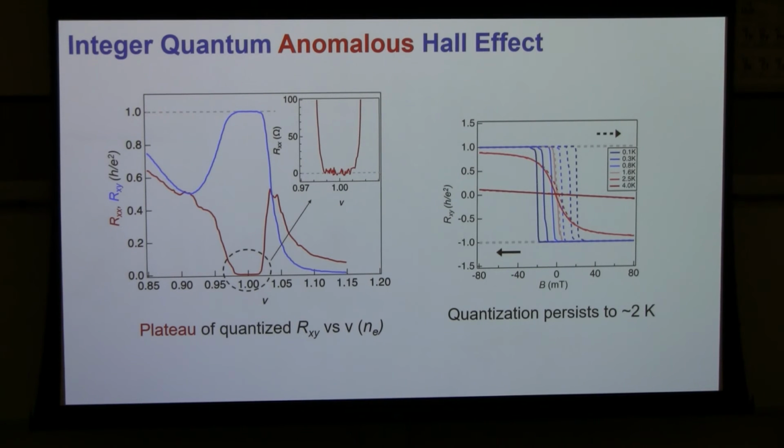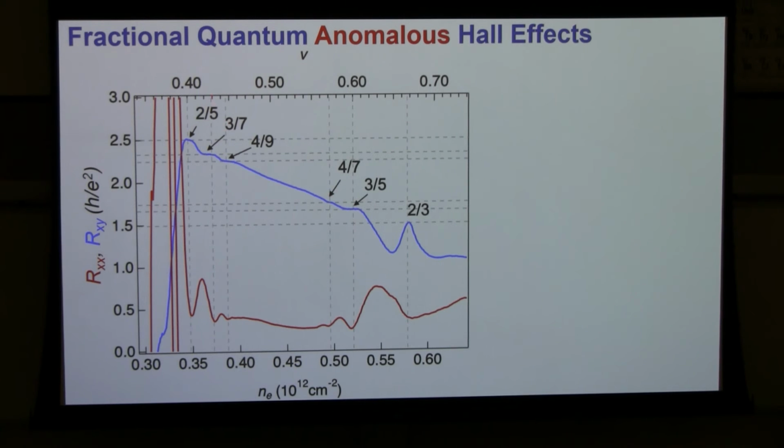Okay, so this is the integer one. Everything looks good. This is a cut through that map to reveal those fractional states. You have 1, 2, 3, 4, 5, 6 fractional states that have Rxy quantized at the value you expect from that filling factor. It's 1 over the filling factor. And then you have dips corresponding to those plateaus in Rxx. The dips are not vanishing yet. It doesn't go to 0 yet. We think this may just be due to the electronic temperature not being low enough. That's what we know at this point.